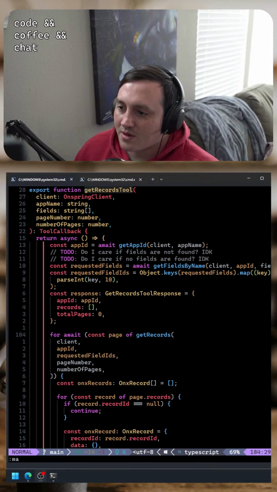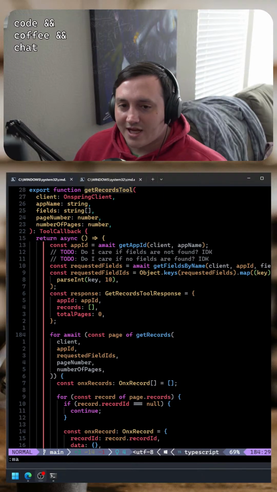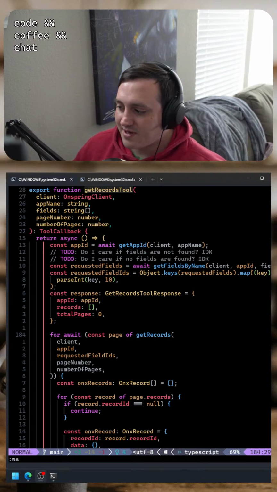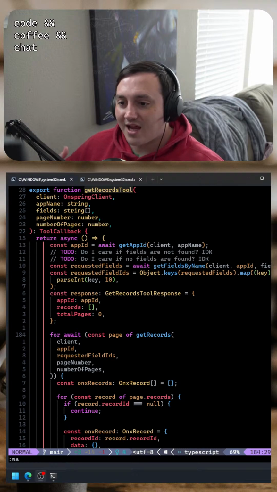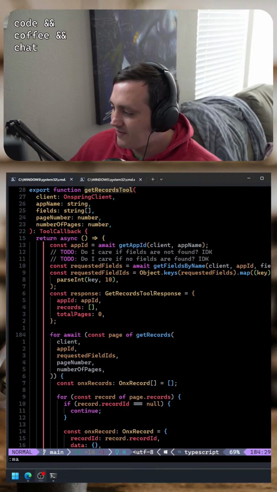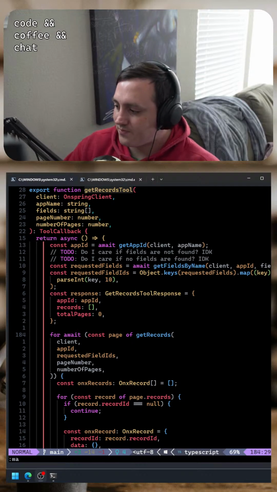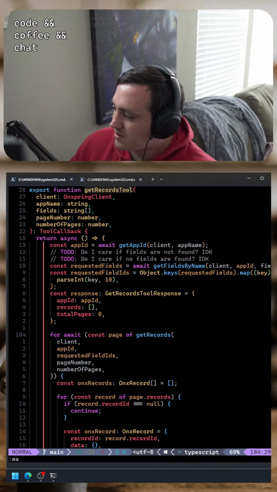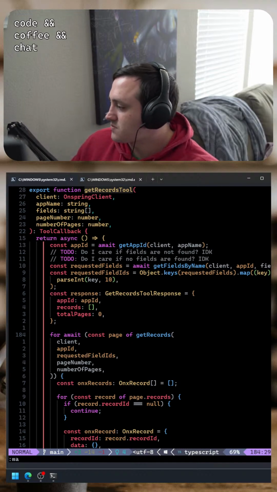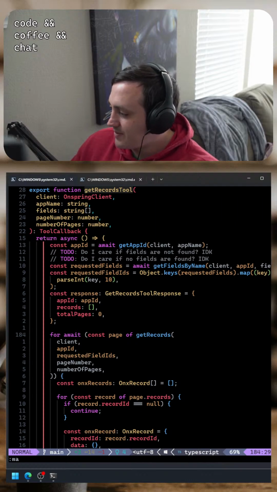Which is kind of funny because you would think, like CSS, there's large amounts of documentation about CSS. So it's interesting that it leaned towards using Tailwind, which just means that a lot of these models have been trained on a lot of code, and a lot of that code utilized Tailwind, which I think just speaks to the popularity of Tailwind, if anything else. Not that there's anything wrong with Tailwind. I just think it's funny that AI likes Tailwind. That's all. I'm kind of a vanilla CSS guy myself.